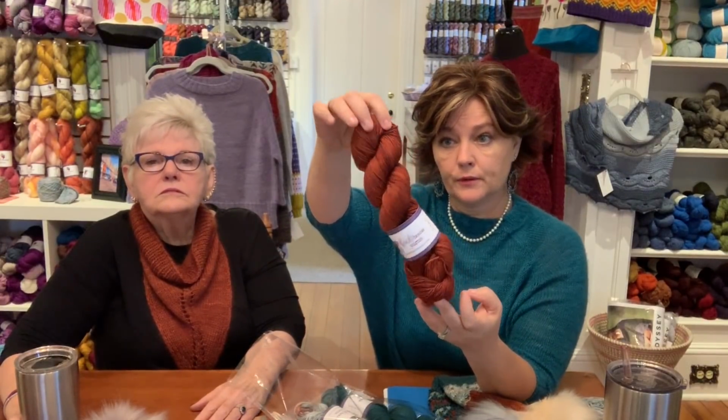So one Mom's already talked about, and that is Spice Cider, which is a really, really pretty rust color. And that one we have on the website in the worsted and the DK. And Mohair and sock. Not sock. Yeah, so there's limited quantities here in the shop if you can't get to